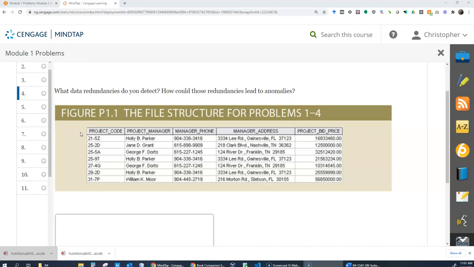And all the information related to projects. So who the manager is, what the phone number for the manager is, what the manager's address is for that project, and how much the bid was for that project. And it's really hard for me to resist talking about normalization here, which is what you will learn about before the end of the semester, about how to fix these things. But right now we just have to see the problems that we need to fix